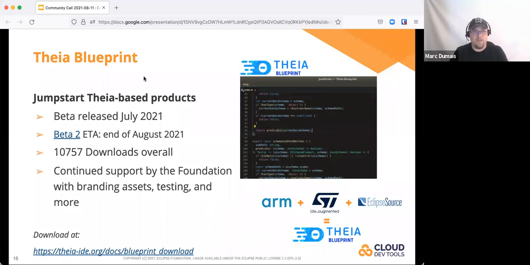For Blueprint especially, but I would say in general, the support of the foundation, especially Brian and Clark, has been very appreciated. So we have nice assets. If you see the Theia Blueprint logo there, we are also working on a little splash animation when you start Blueprint. The support from the foundation is very appreciated there. It's almost like we have a fourth lead that helps with all kinds of things around the project that they are really good at, and it helps overall a lot.